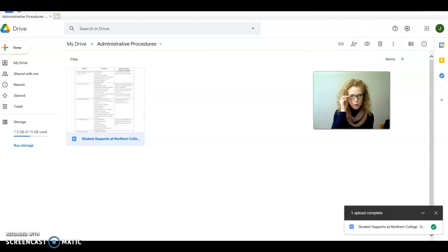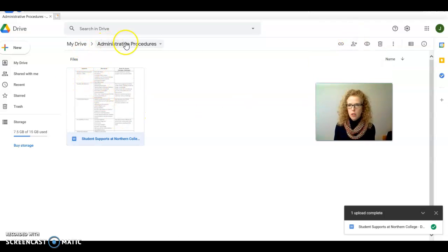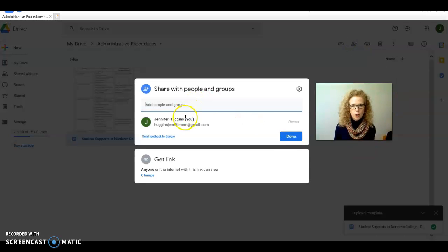The other way, if you don't want to right click on the document, you can go up here and you can see the same icon up here. So you see this little bonhomme with a little plus sign. You're going to get the same options. Okay. Now, sometimes what I would always do if you are sending a Google Drive link is to make sure that you follow up to make sure that they are able to open the link, and whether or not they're able to edit